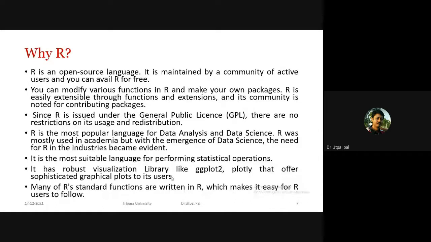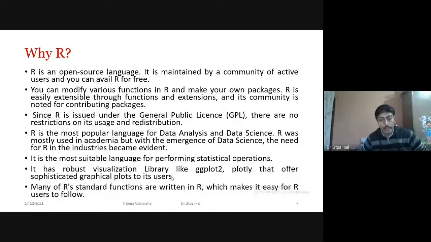R is the most popular language for data analysis and data science. Even though it was mostly used among academicians, with the emergence of data science, the need for R in industries has become evident.